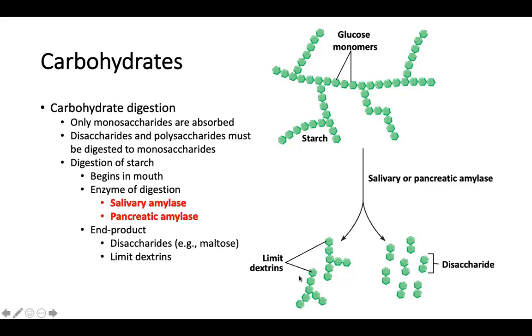And limit dextrins are just these branched polysaccharides, so branched chains that end up at the end product of some of our carbs being broken down, similar to disaccharides. And so salivary or pancreatic amylase will bring it down to these two components, but we must break it down further to those monosaccharide monomers in order for them to be moved into the bloodstream, okay? And so when we have things like our disaccharides, so for example, maltose, sucrose, lactose, those must be broken down into monosaccharides. Can anyone recall what